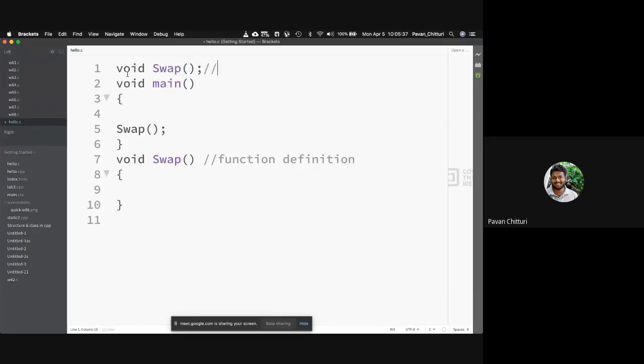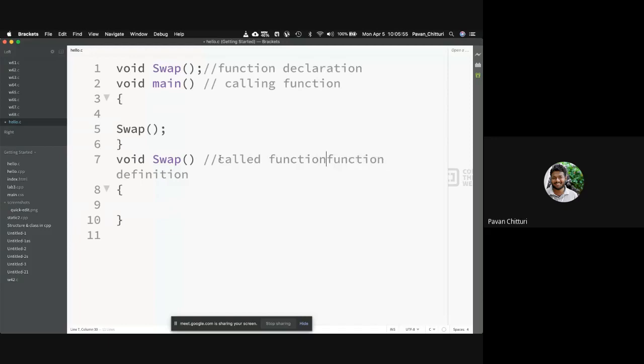This is called the calling function, and this is the called function, with the function definition. This is the function definition step. This is how we call a function, the general semantics.